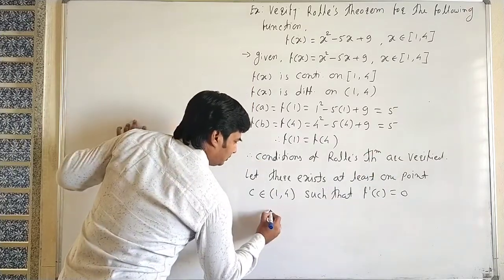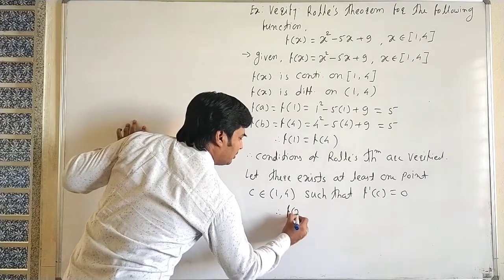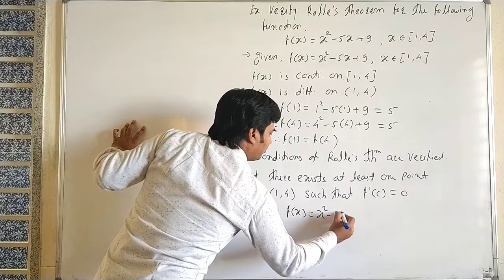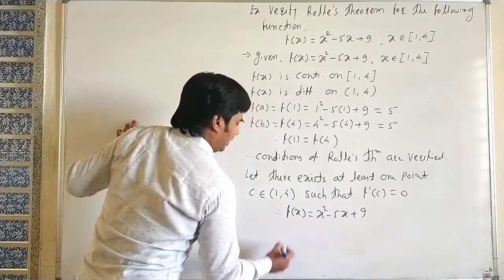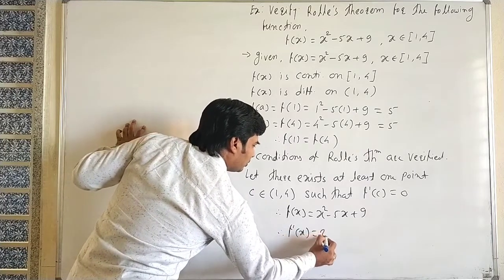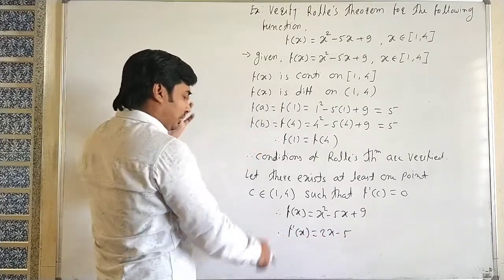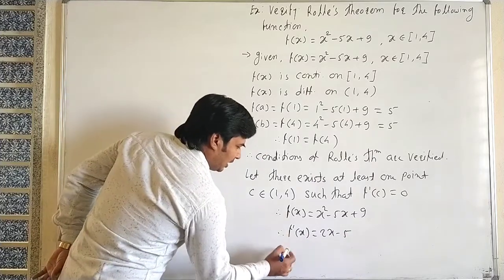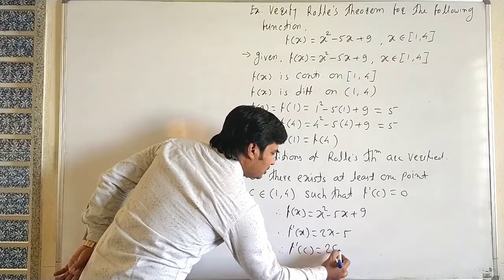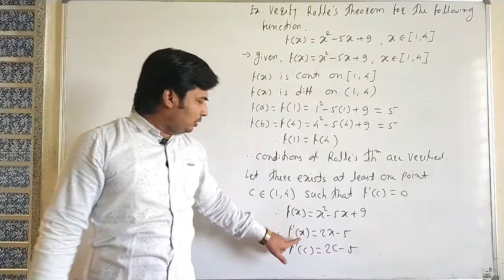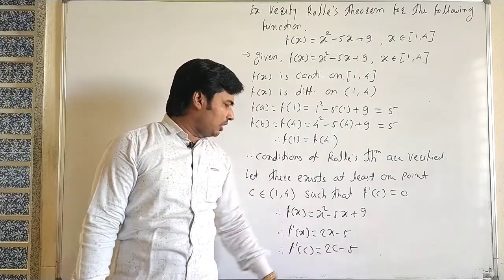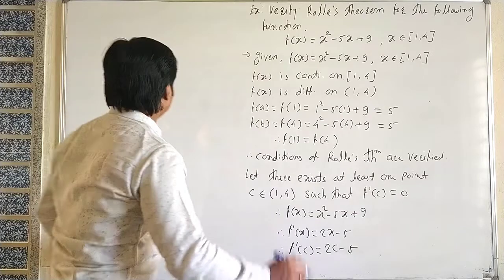Then given that f of x is equal to x square minus 5x plus 9, therefore we can write f dash of x is equal to 2x minus 5, it is the value of f dash of x, and then f dash of c is equal to 2c minus 5. Okay, put x is equal to c, therefore f dash of c is equal to 2c minus 5, but f dash of c equal to 0, therefore